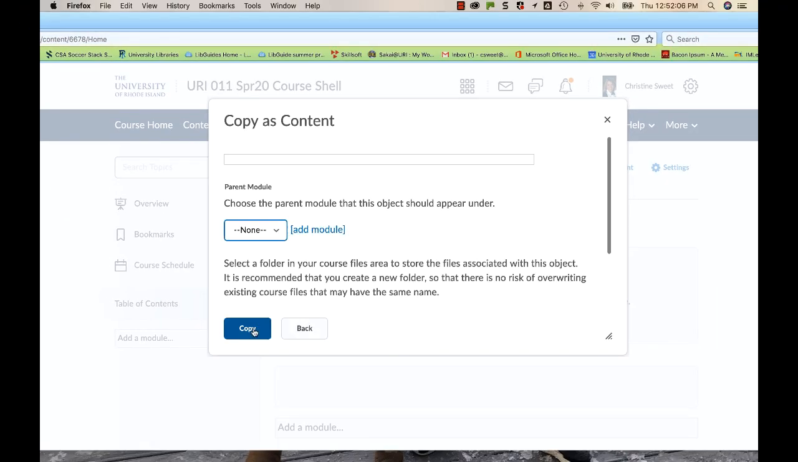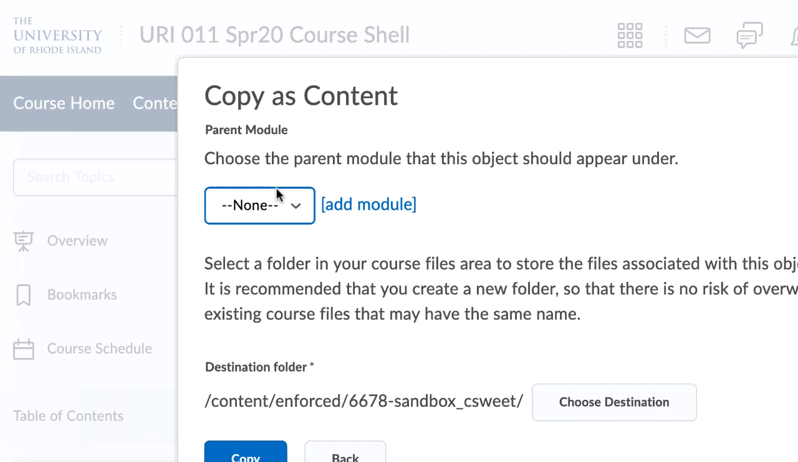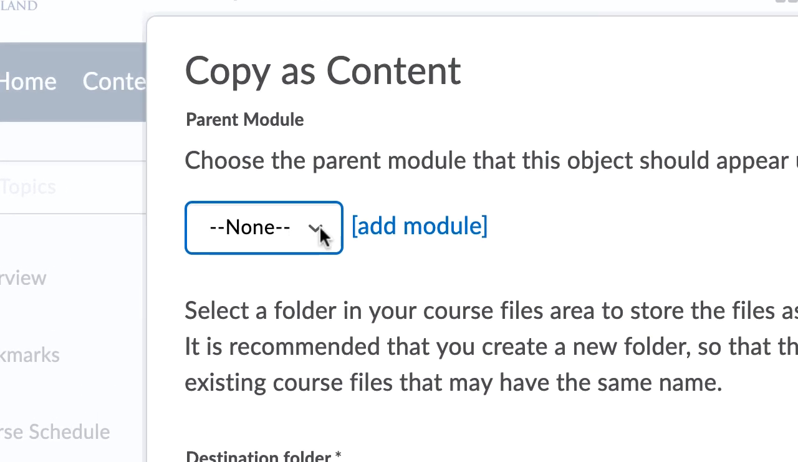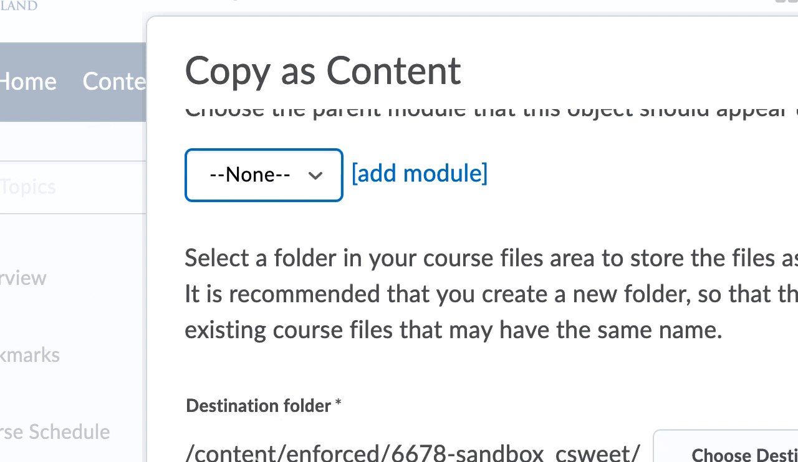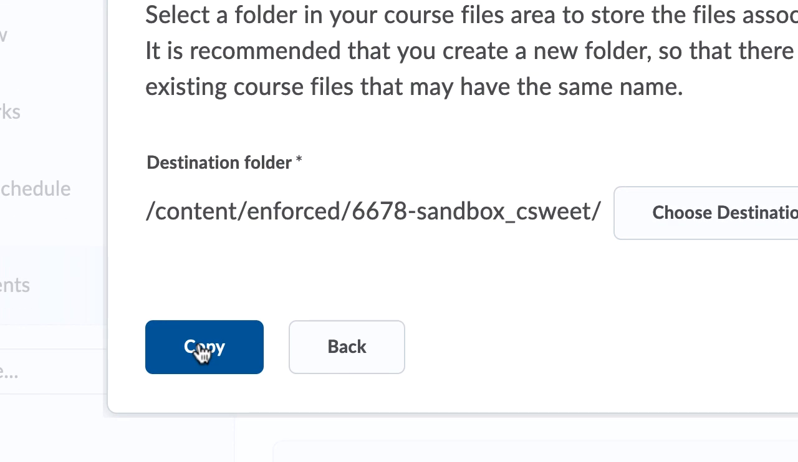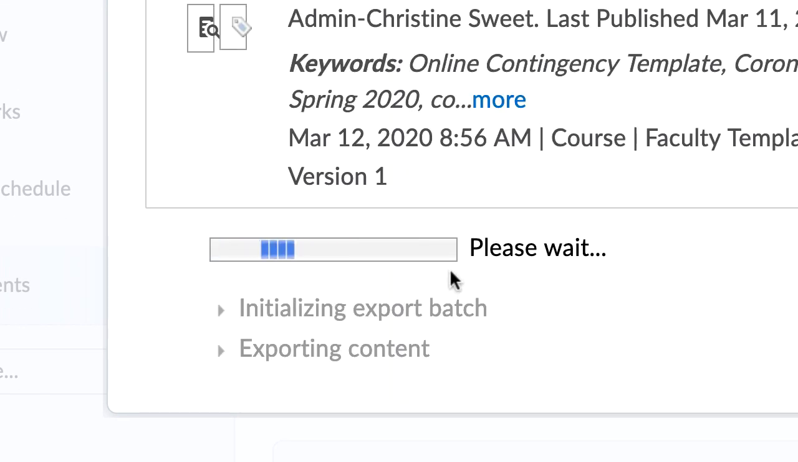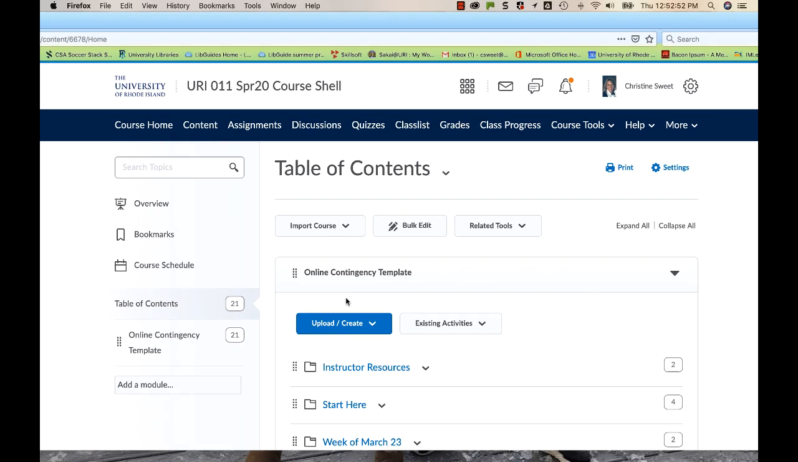Click Next. You can ignore the parent module because we're going to just add it to the table of contents, but if you did want to add objects into different modules, you can choose the module here. Right now we have none because it's an empty course shell. And we're going to hit Copy. Right now behind the scenes, the export is initializing, and now our table of contents is populated with the pre-built